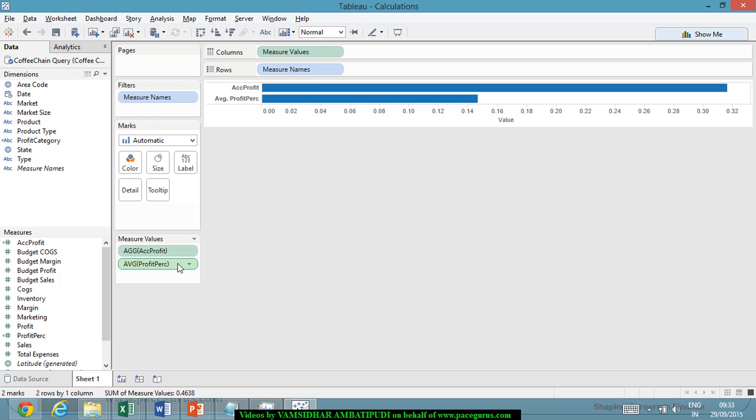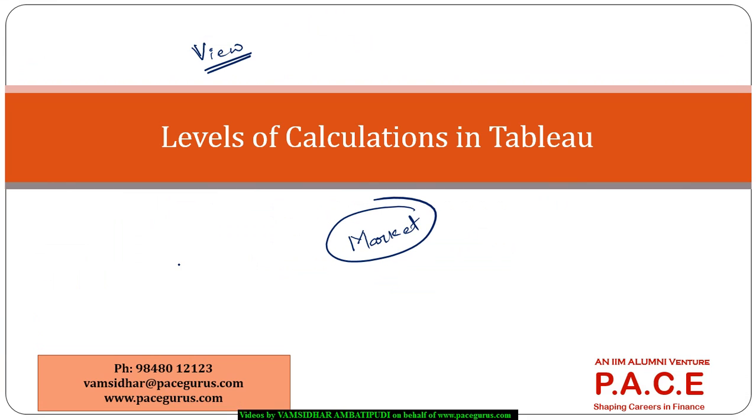So it is very important for us to understand the difference between the row level calculation and an aggregate level calculation. When you are certain that a particular result can be aggregated to any level of detail, we perform it at a row level. But if you say that I can't, for example all percentages can't be added up to give an average percentage, in that case it's always better to use an aggregate level calculation field itself. So that's the way I work with the two major levels of calculations, the row level and aggregate level calculations in